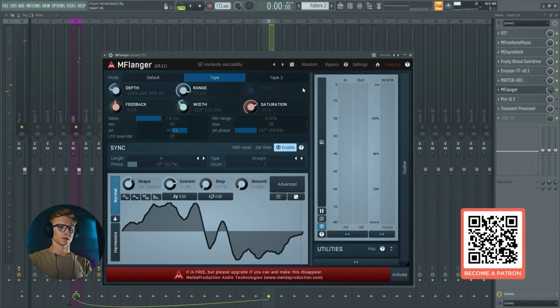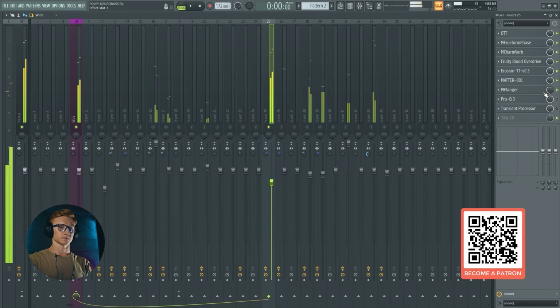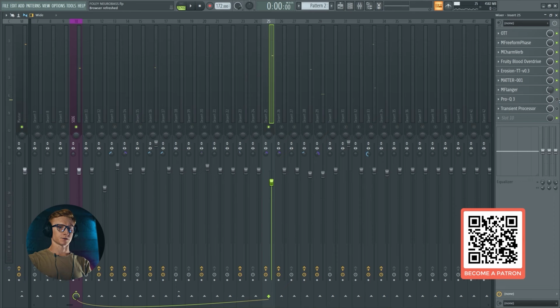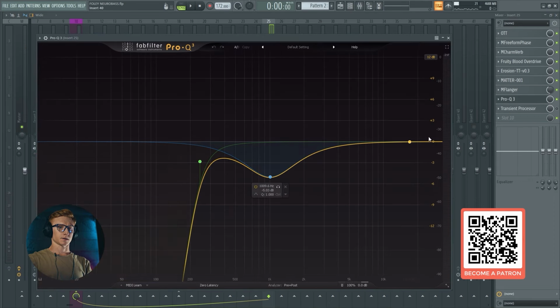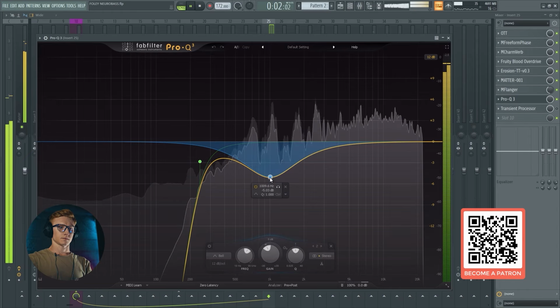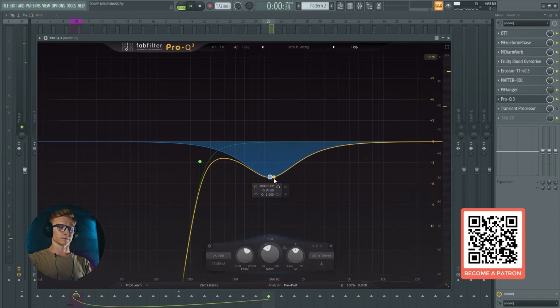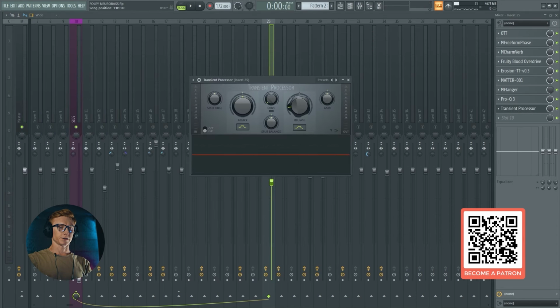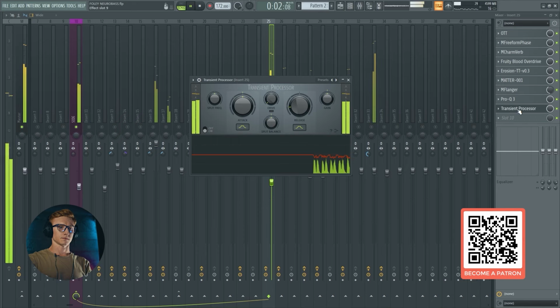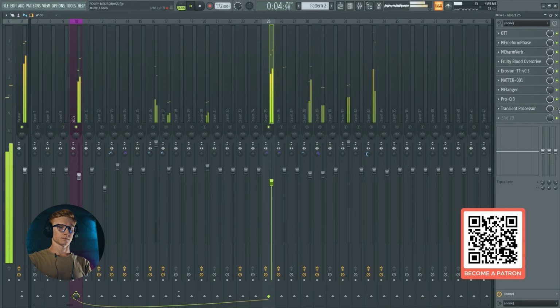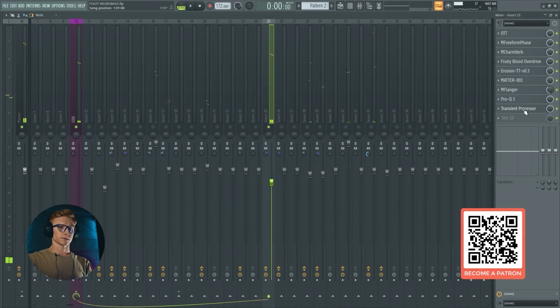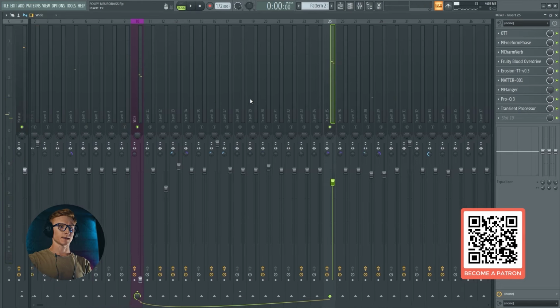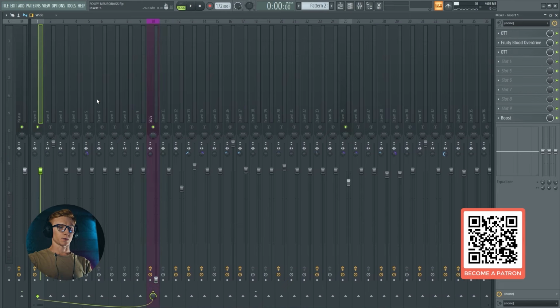Then I'm adding another Melda Production plugin. This time it's a flanger with a preset called Handedly Electability, making this sound a bit more aggressive and sharp. Then I'm cutting the low frequencies and some of the 1K sharpness, and adding a transient processor to reduce the release a bit. So now it's a bit more clean and gated, and that's it. If we use it with our sub bass,